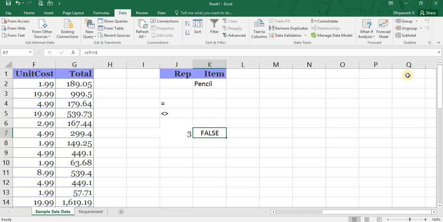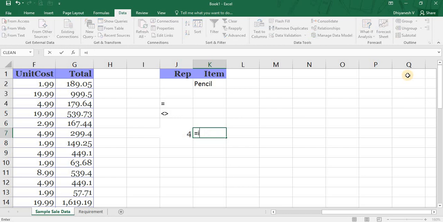Since I am asking if the cell is not equal to 3, give me a true, and if it is equal to 3, give me a false. If I enter 4 here, this is true because this cell is not equal to 3. Hence that condition is satisfied and it will return true.